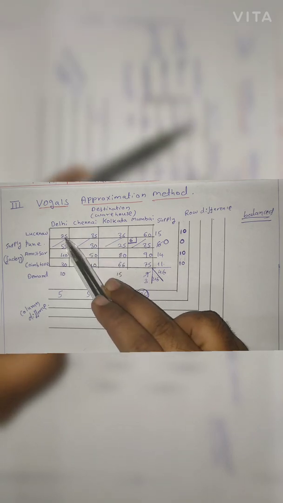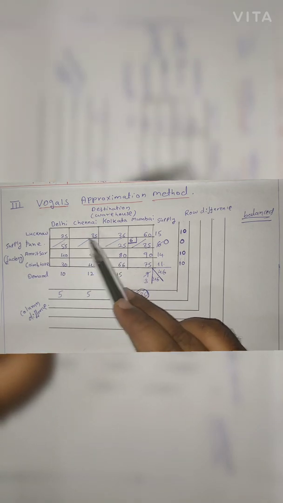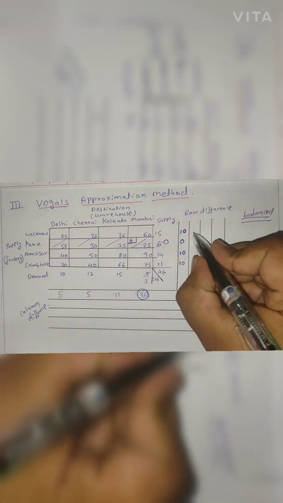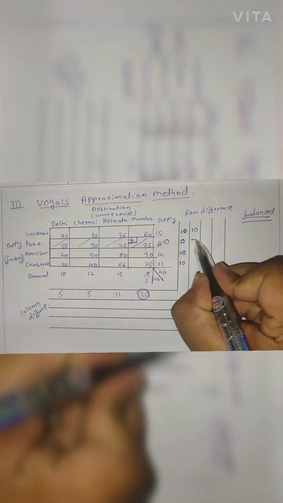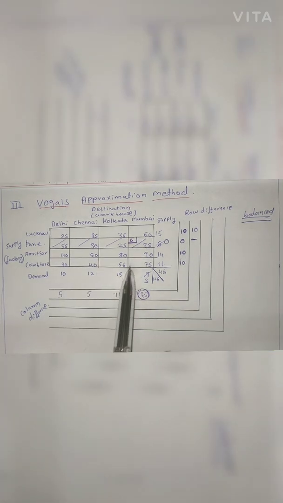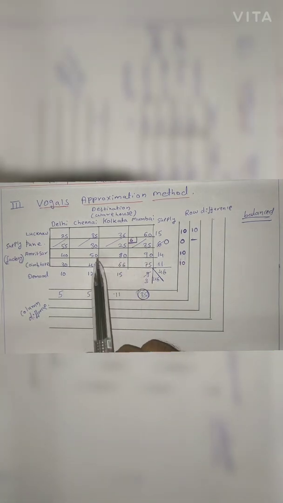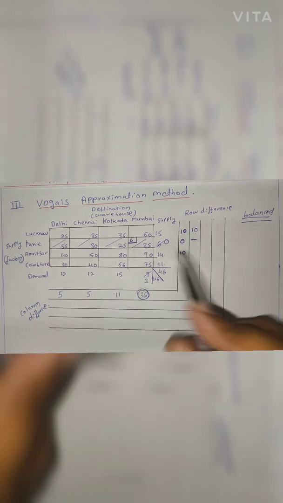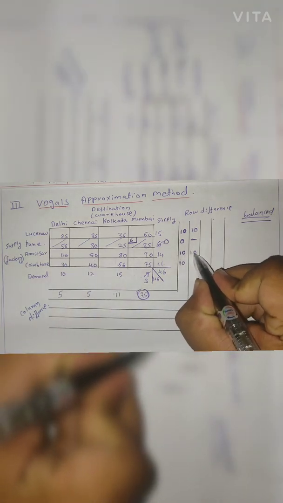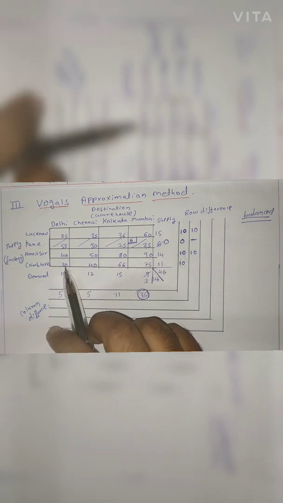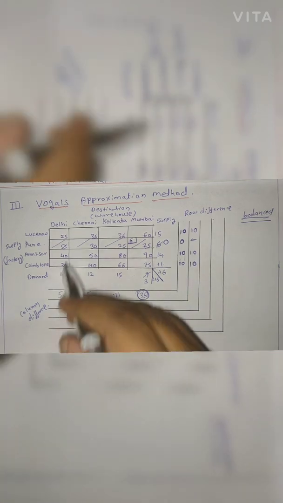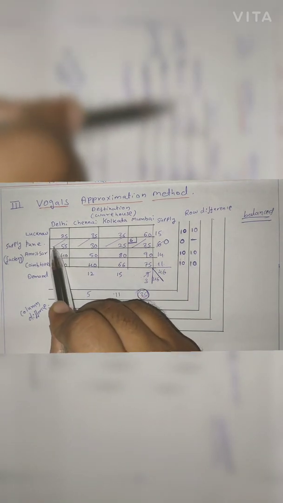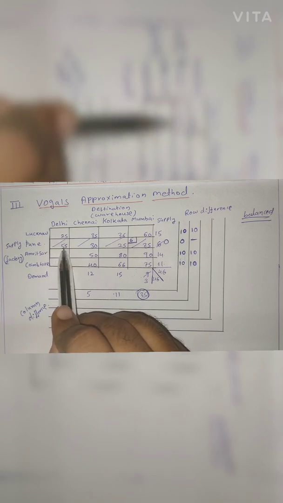First row, now the lowest value is 25, second lowest is 35. So 35 minus 25 is 10. Now the second row is eliminated, so we don't have to write anything, we'll just put a dash. See the third row, the lowest value is 40, second lowest is 50, again the difference is 10. In the last row, the lowest is 30, second lowest is 40, difference is 10. Now we'll come to column. Now this row is eliminated, so this 55 we should not consider.